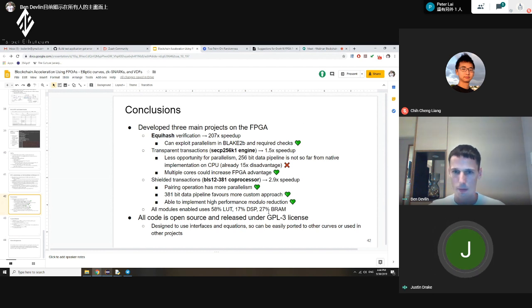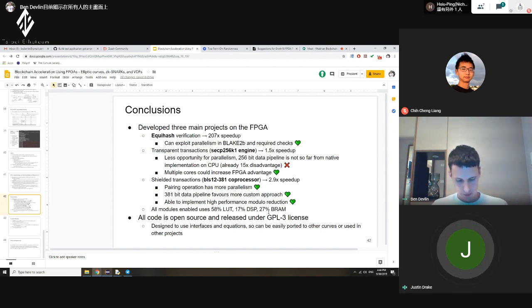Another question I have is, one of the things I'd like to see at one point is some sort of SNARK prover ASIC. If I understand correctly, for the BLS12-381 multi-exponentiations, the speed up is relatively small.